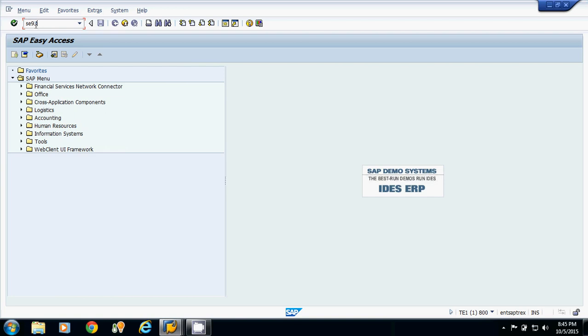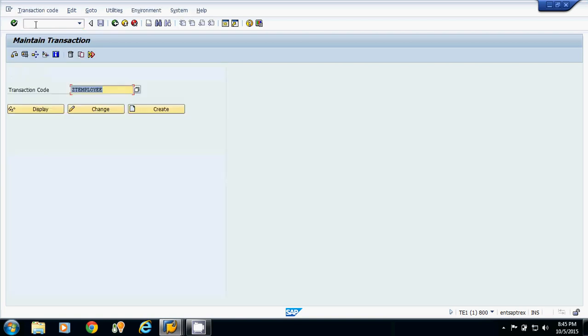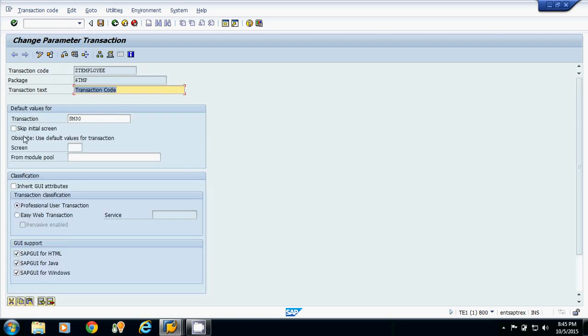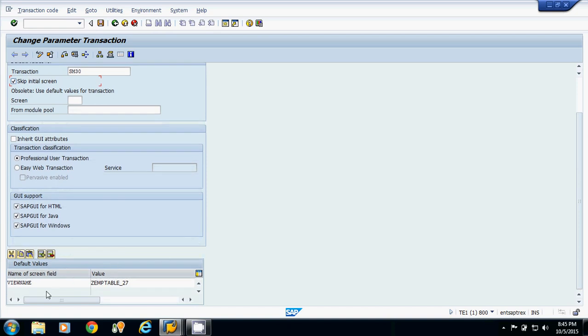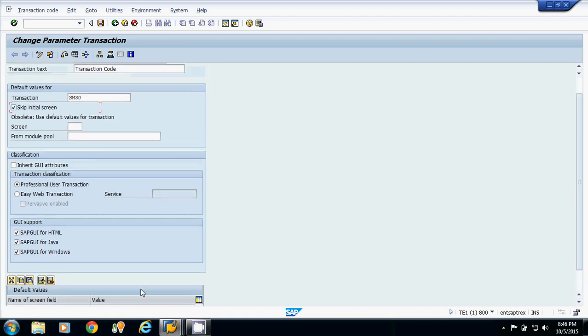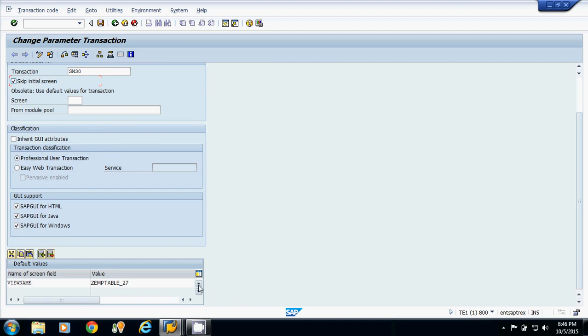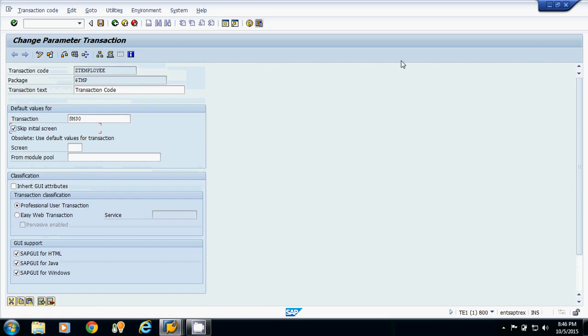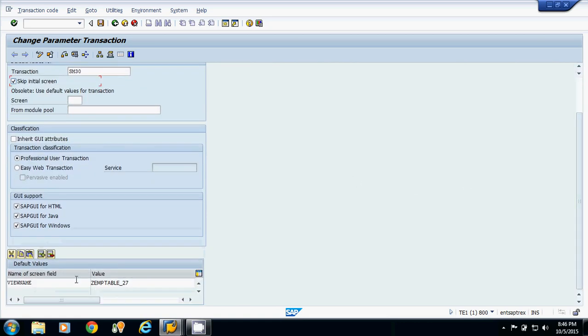Suppose now I am moving on to transaction code SE93. I am going for change mode of the transaction code. Now I am skipping the initial screen and I want to directly move on to the inner screen of SM30. So you have to pass the code for the maintain button. Now from the F4 I am selecting this maintain. I am going for this.